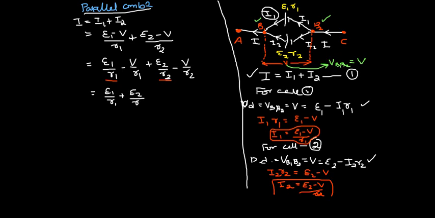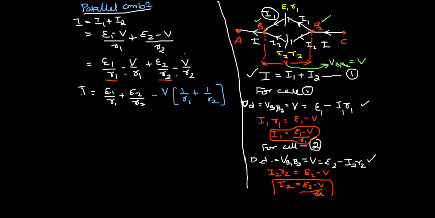Now, coming back to the next step. In this step, negative is negative and both are common. This V is also common. Therefore, I take minus V common, and inside the bracket I am left with 1 by R1 plus 1 by R2, because I have already taken the negative sign outside. Therefore, I can have here I is equal to.